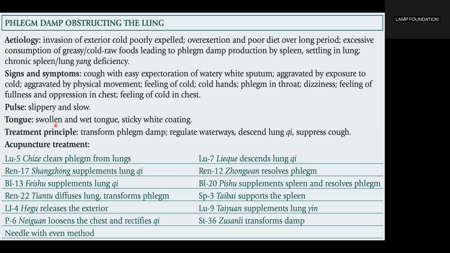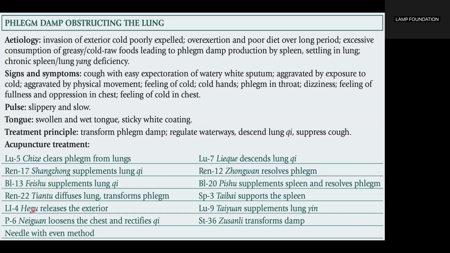Treatment principle: transform phlegm damp, regulate waterways, descend lung chi, suppress the cough. Acupuncture treatment: we use Lung 5 to clear phlegm from the lungs, Ren 17 to supplement lung qi, Bladder 13 to also supplement lung qi,